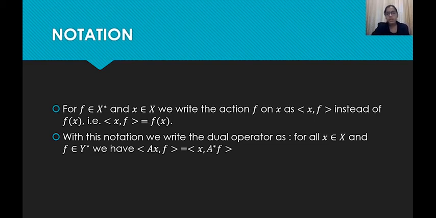So with this notation, how can we write the dual operator? So here instead of phi, I am replacing it by f. Okay, so for all x element of capital X and f element of y star, we have actually what did we have? We had phi of A of x, right? So phi was acting on A of x, so we write inner product Ax comma f. Instead of phi we have f here, so inner product Ax f will be equal to A star phi of x, right? So that will be A star phi is acting on x, that is inner product x A star f. So I hope it's clear.